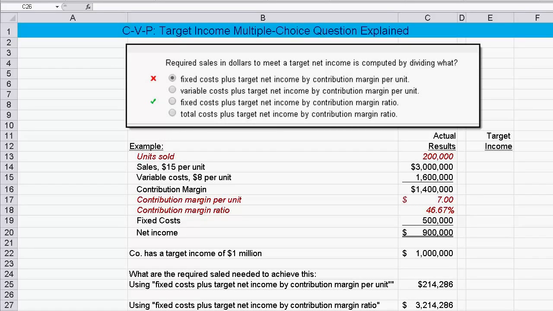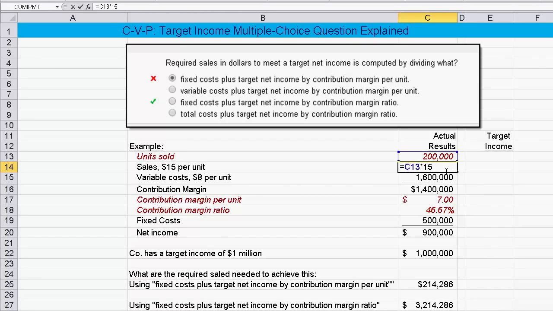Okay, let's work through this CVP target income multiple choice question, and let's explain why the third choice is the correct choice and not the first one. So here's an example that you can see, and we'll assume that sales were